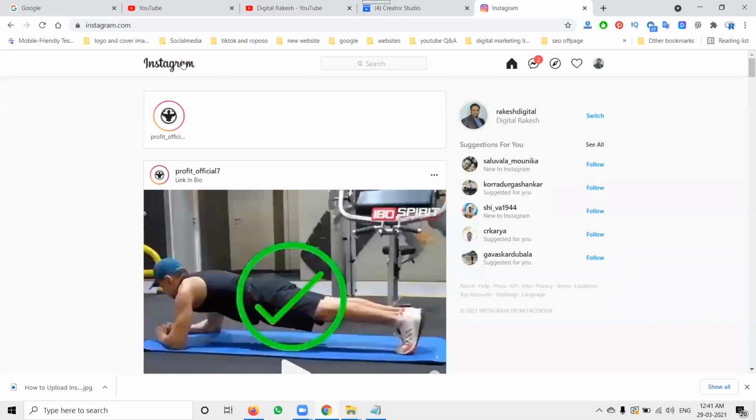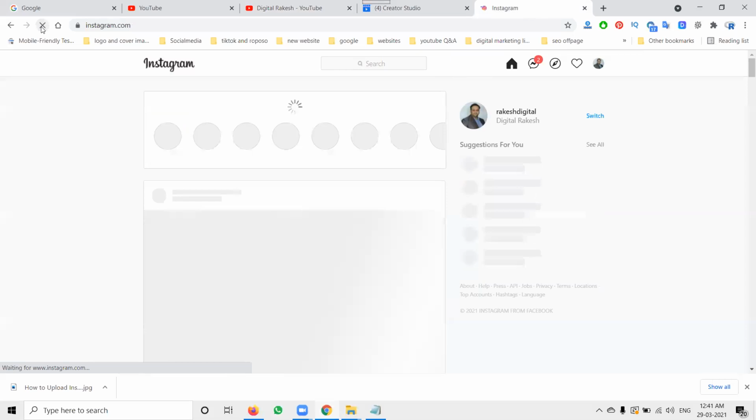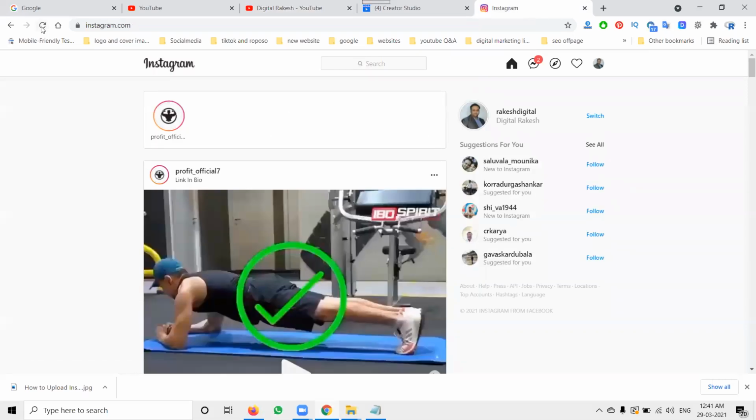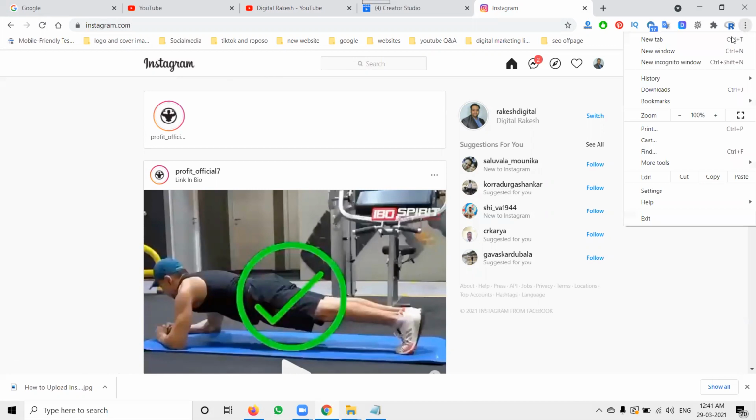Log in to your Instagram. If you add any Instagram story, the design should be 1080 by 1080. That is compulsory to select. If you are posting stories on Facebook, an option is there, but for Instagram, how can we upload stories? This small option is there. Log in to Instagram on your desktop. The option you select will be an extra option.